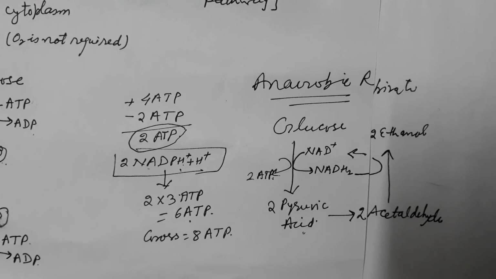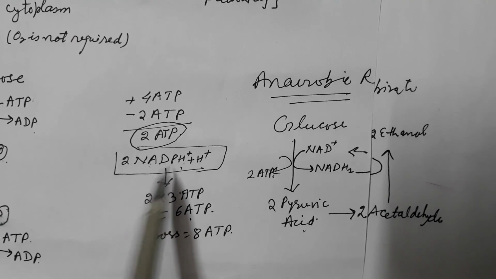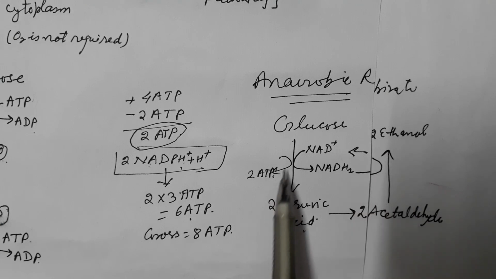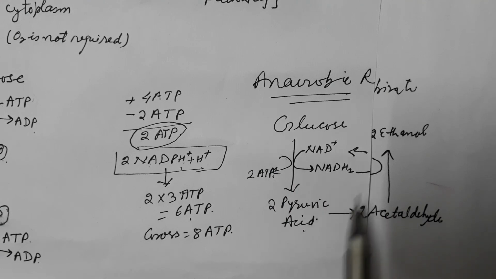This is the difference between aerobic and anaerobic respiration. In aerobic respiration, in glycolysis, a net gain of 2 ATP molecules takes place and a gross gain of 8 ATP molecules takes place, when later on these NADH give rise to 3 ATP each in the last step of aerobic respiration. But in case of anaerobic respiration, only a net gain of 2 ATP molecules takes place. NADH2 produced is utilized in the conversion of 2 acetaldehyde into 2 molecules of ethanol. So there is a net gain of only 2 ATP molecules.